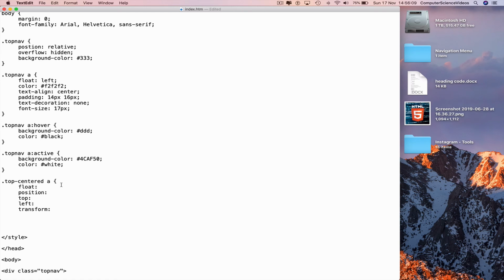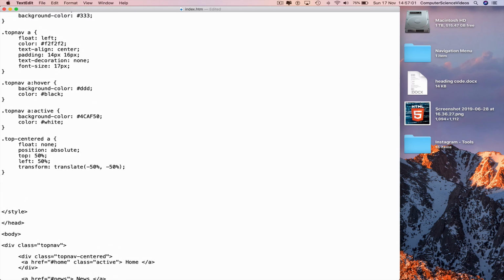Go back to the top again, float none, semicolon, position absolute, semicolon, top 50%, semicolon, left 50%, semicolon, transform translate, parentheses, minus 50%, comma, minus 50% again, end with parentheses, semicolon, new line, curly brace, go to a new line again, dot top nav dash right, curly